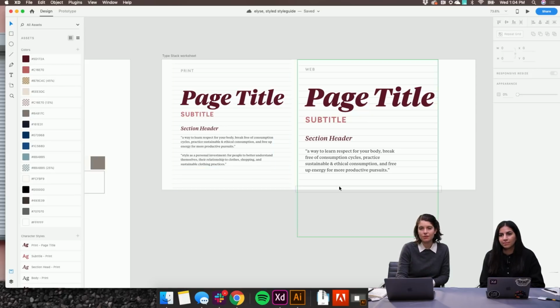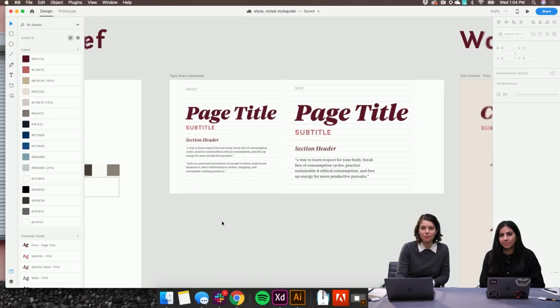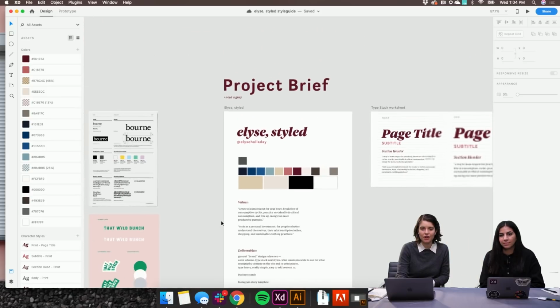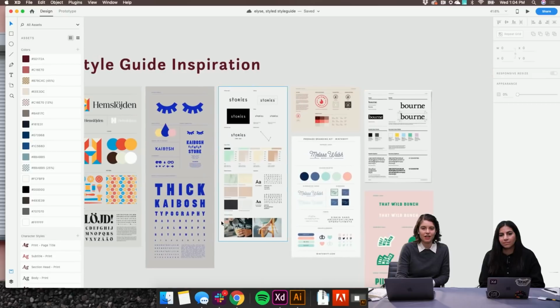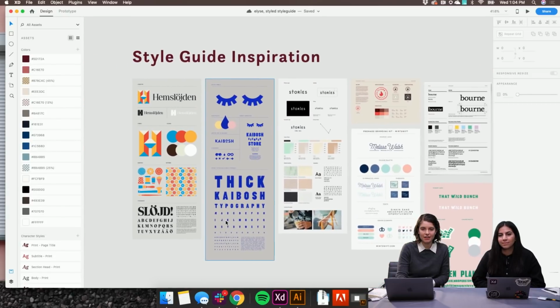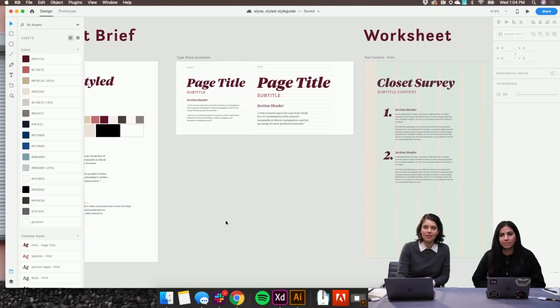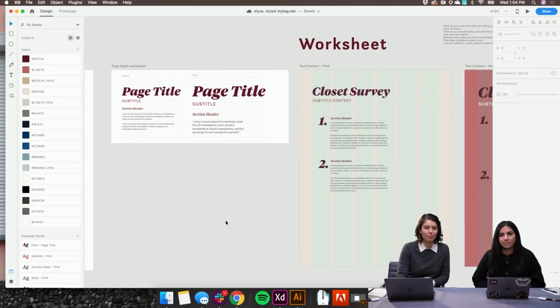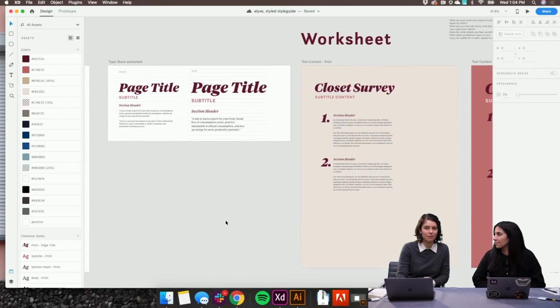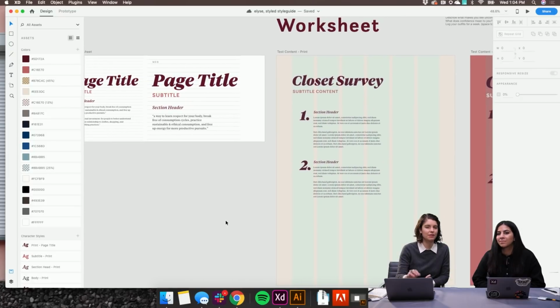So that's kind of what you see here is like the beginnings of that I was working on yesterday. Over here is all my different inspiration for a style guide, kind of what we're going for. And then I think at the end of yesterday, I think I began doing something like this where I was taking some of those type styles and then applying them to a worksheet.